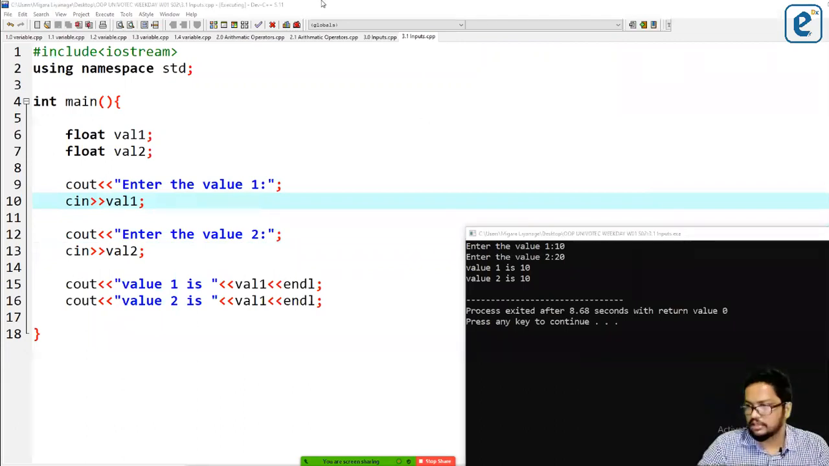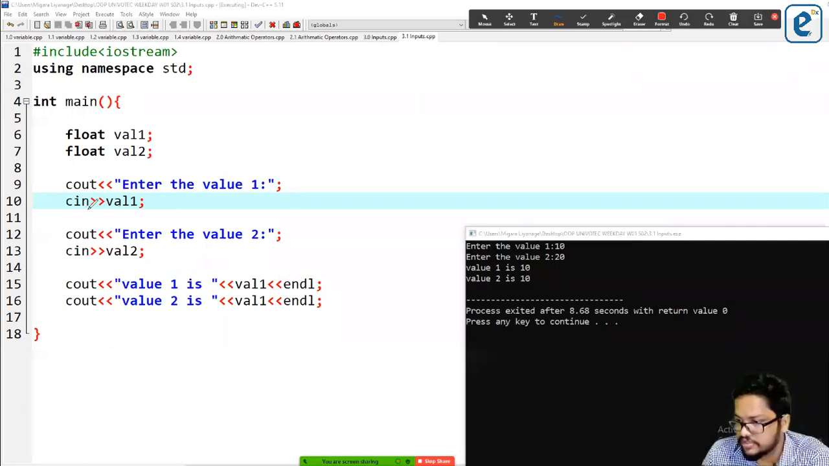So you can see it like this. First we are asking to enter the value 1, and that value will be saved. So first value is saved to value 1, and for the second value we enter, it will be saved to